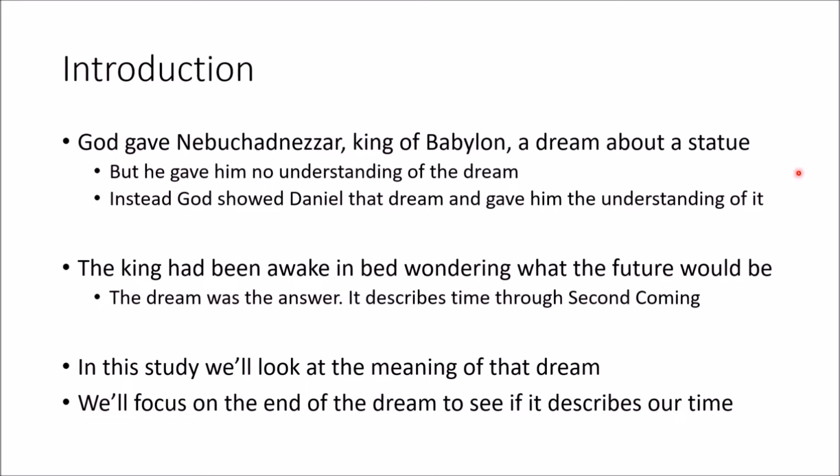And so it goes through these 4 empires that we saw in the statue, and then it ends with a fifth one that describes the second coming, and that's the one where Jesus becomes the ruler of the world. And so we're going to look through that dream and understand that dream, but our focus is going to be mostly on the end and that brittle clay and what the brittle clay is. And that will help us to understand if we're in that time of the very feet, and we'll see that the toes are factored into that too.